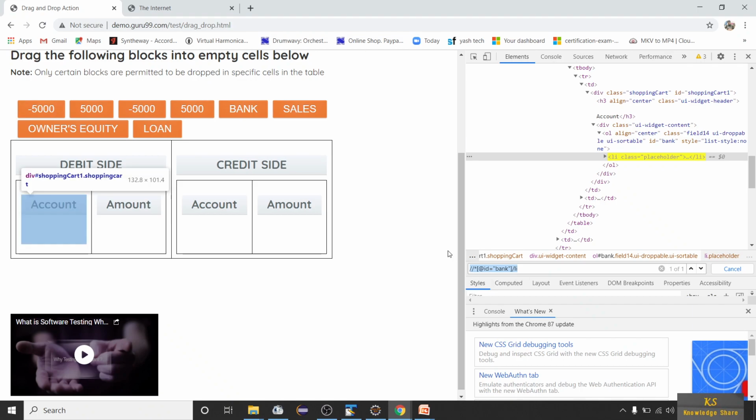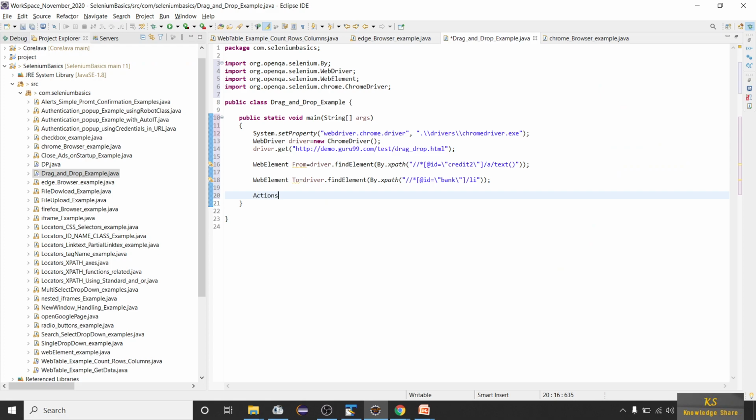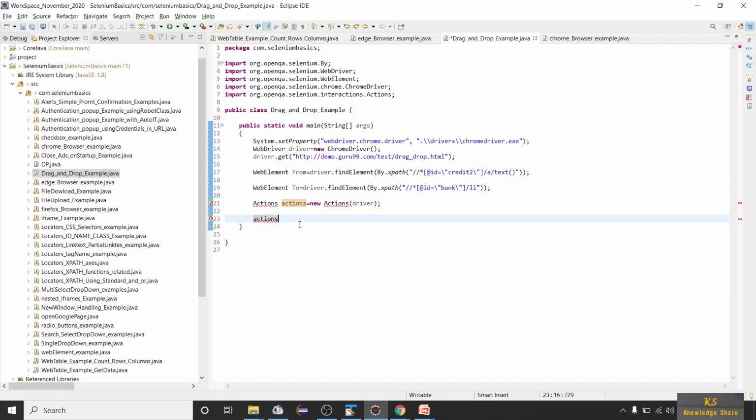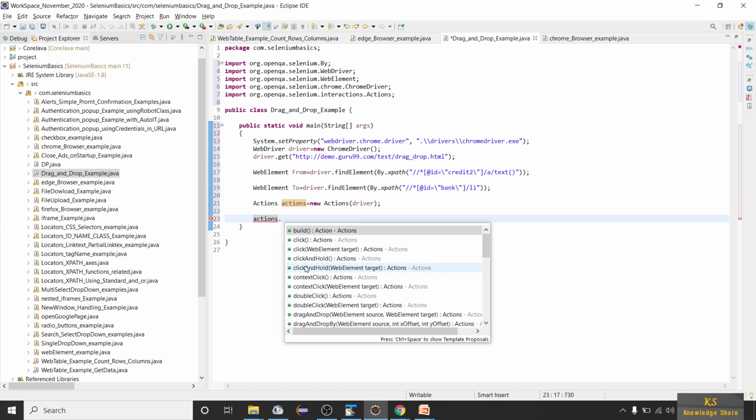Right now, using the Actions class. So let's take Actions act is equal to new Actions(driver). First of all, import Actions from org.openqa.selenium. Now actions dot, you can see a number of methods here.